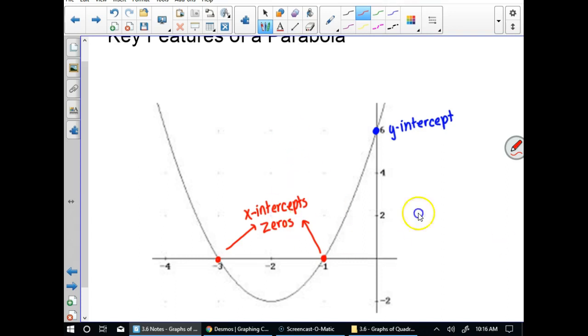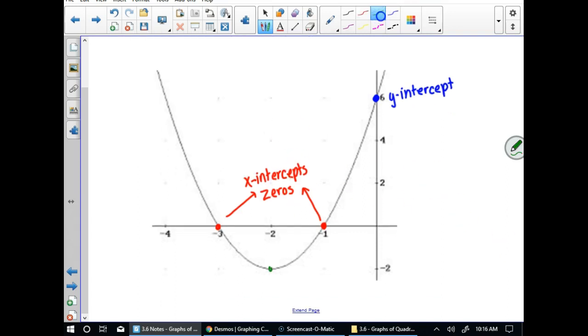Okay. And then the last thing that we'll be interested in is this point right here. This point is what we're going to call a vertex. Your vertex can be a maximum or a minimum. In this case, we have a minimum, but in a different parabola that is upside down, it might be a maximum instead. And the vertex is that turning point of your graph. So these are the main things that we are going to be concerned with whenever we're trying to graph a